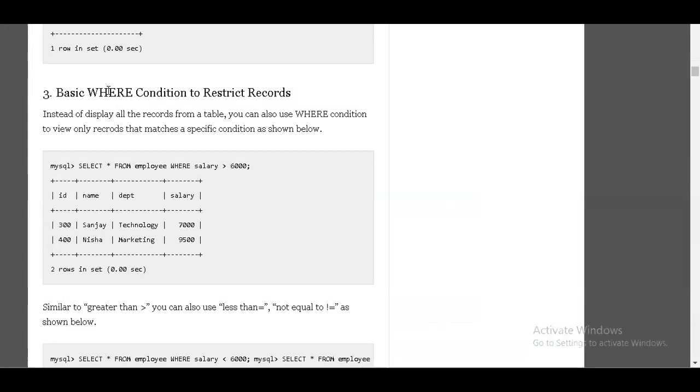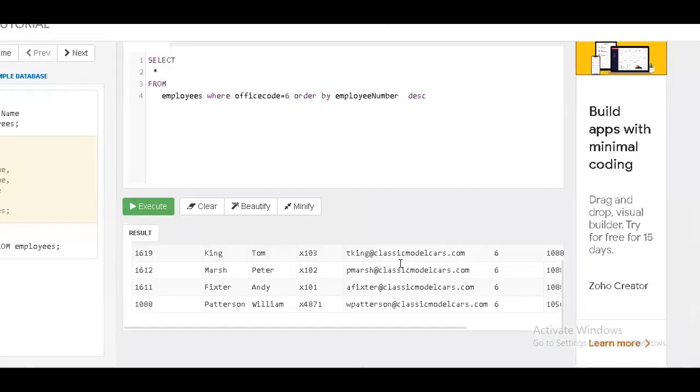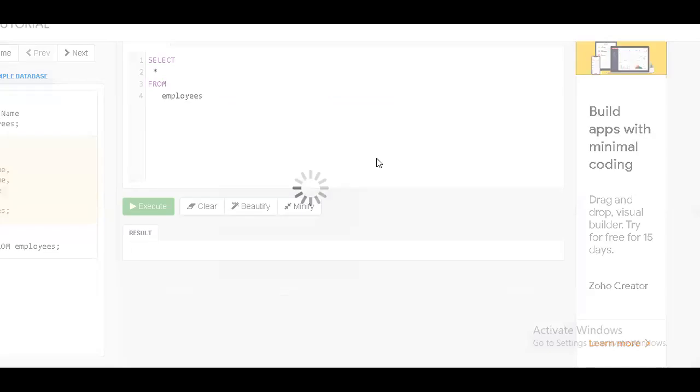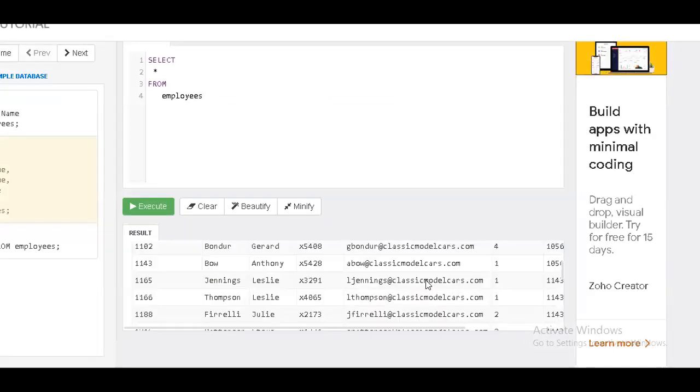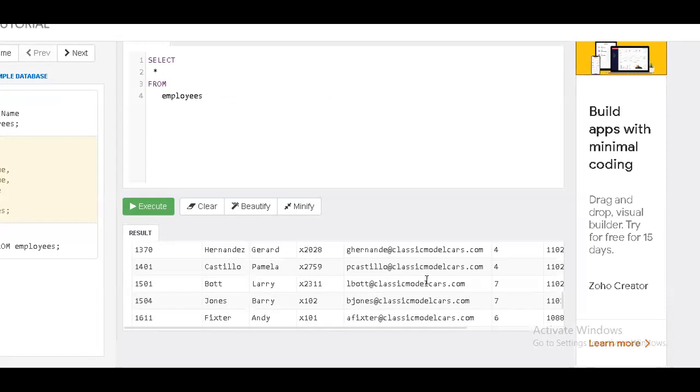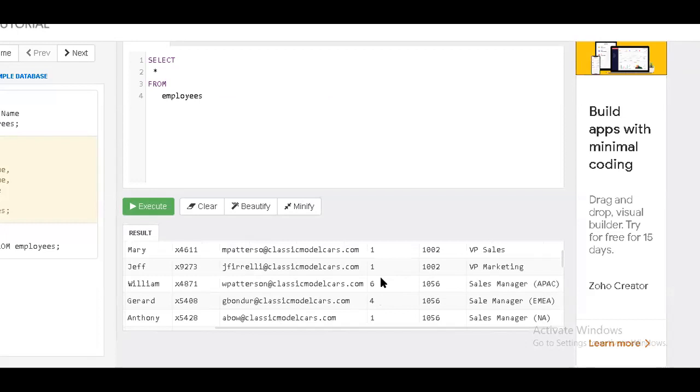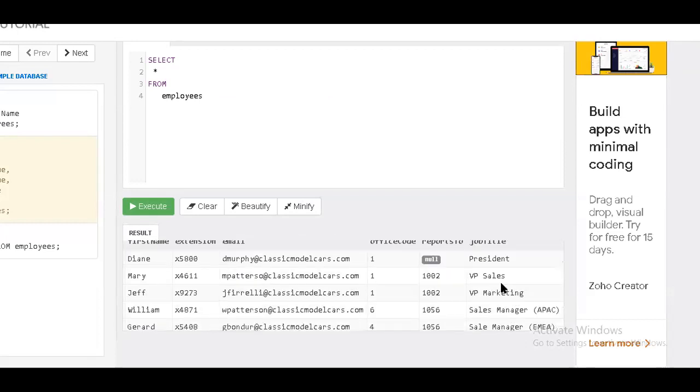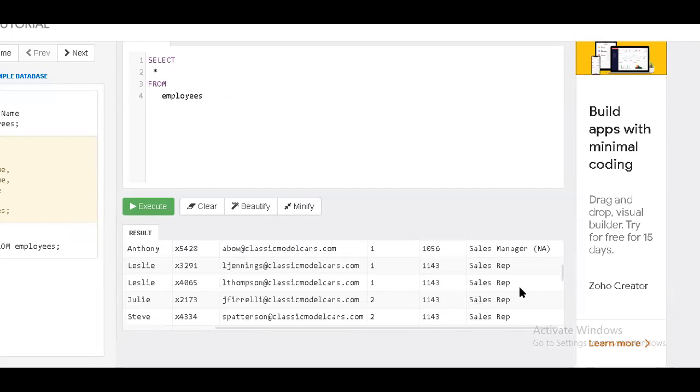Coming to the where condition. Why are we using the where condition? To filter, as I told you. I can use it to restrict the records, because I have a lot of information. If you see the previous example, I have a lot of records. So I'll remove the condition and check the output. Here you have a lot of records available, so I want to go with some conditions. What is the condition? Like I want only record number 1, or I want only the sales VP, or I want only sales representatives.